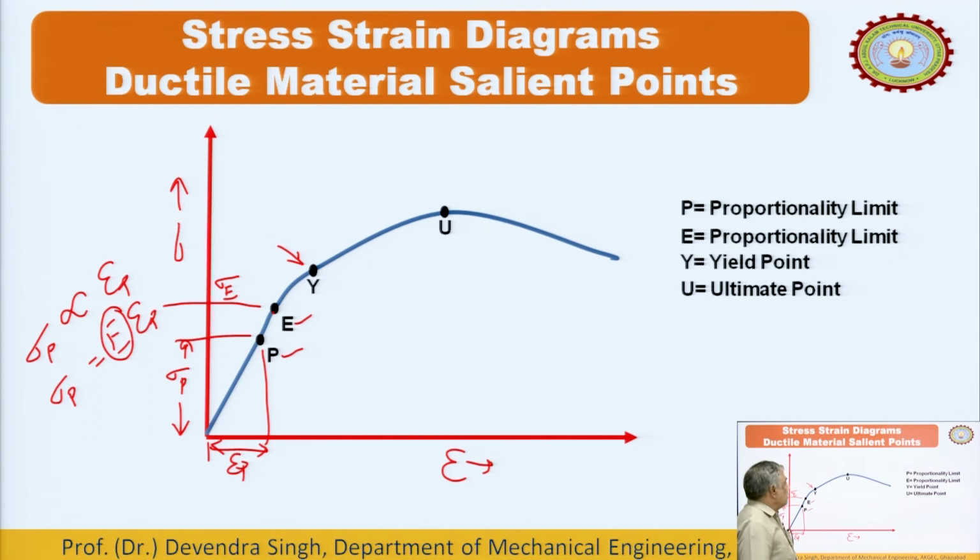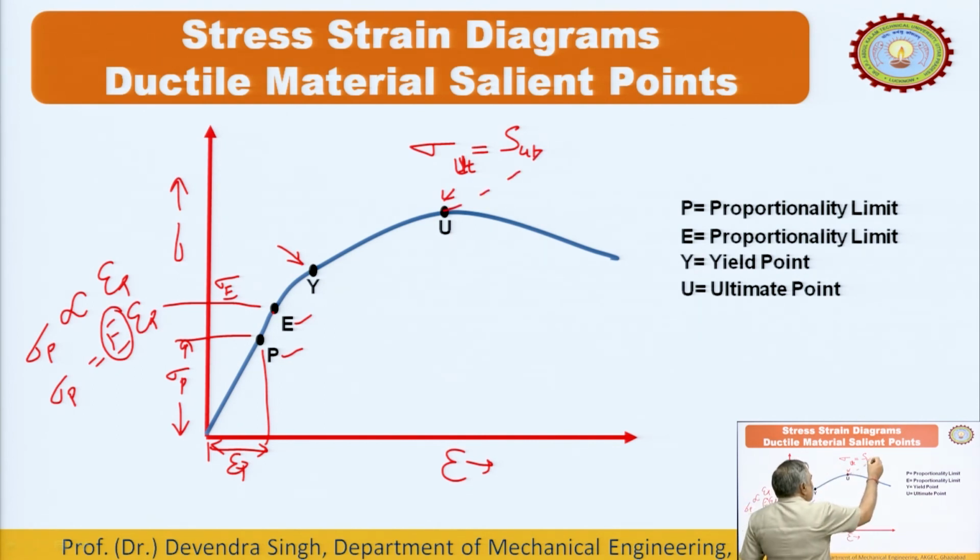So, next is this point U, the ultimate point, and corresponding to this is sigma u, if it is in tensile test. So, this is sigma UT or S UT, the stress level at this point is called the ultimate tensile strength, and after that there is a fast flow of the material, and the cross section area will start decreasing, and in fact the true stress will move like this, but due to the resistance reduced,